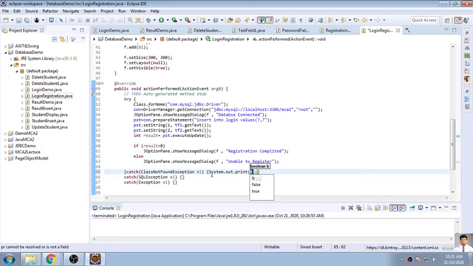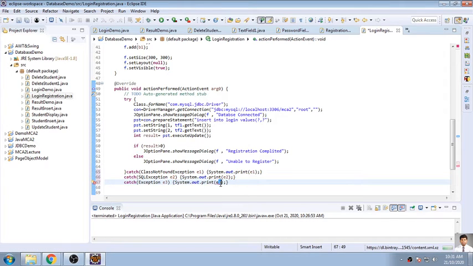So you can print. I want to display E1 message, E2 message, because you have to write a catch for everything. Third, I will be displaying an error if it is generated by class not found. I will be handling the exception created due to SQL exception, that will be handled by the SQL exception catch, and any other exception will be handled by E3.